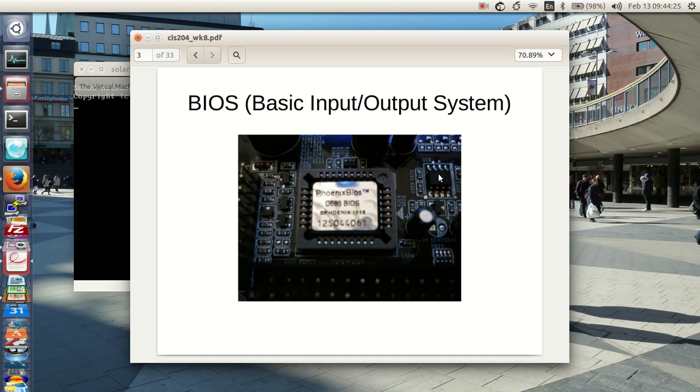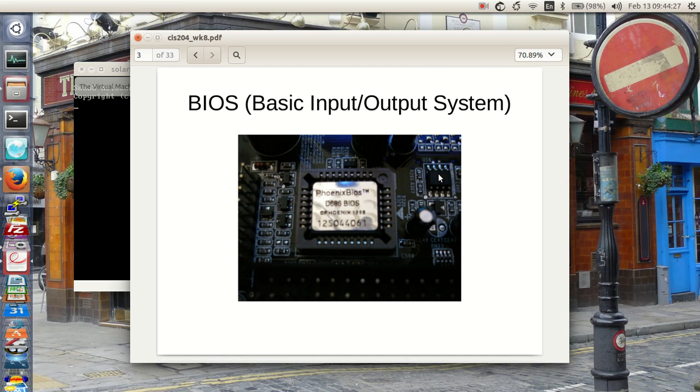Basically, this controls how your machine looks at the hardware. The BIOS is how you get from point A to point B in your system. How do you make the input-output work? It knows about the keyboard, it knows about the output, the terminal, it knows about the disk drives, that type of thing.